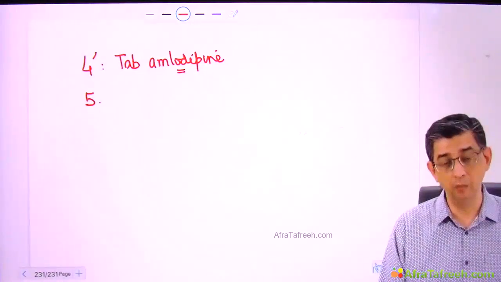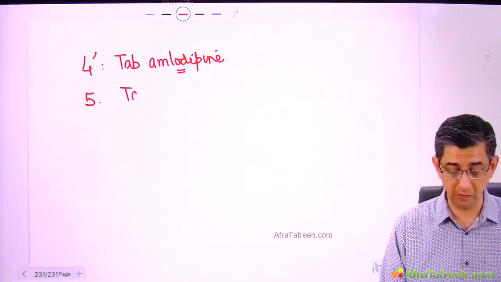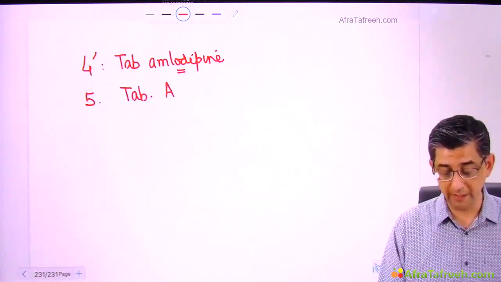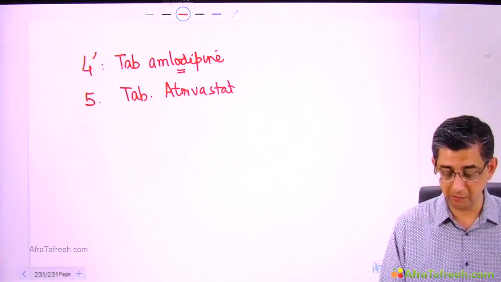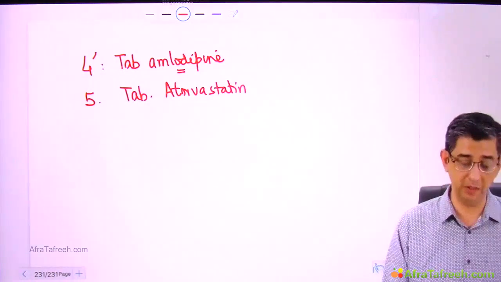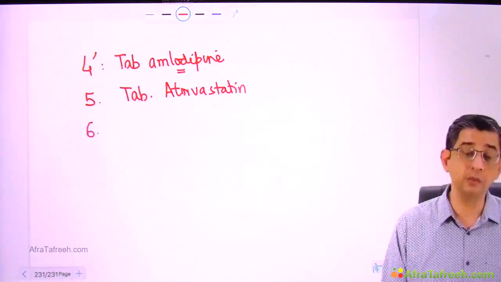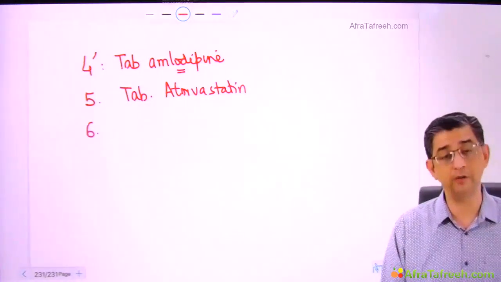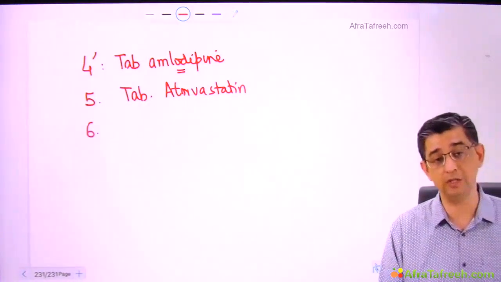I mean, we will be more comfortable with beta blockers, and then we will also advise statins in our patient. I will be advising a high intensity statin, that is either atorvastatin or rosuvastatin. That would be 40 milligram or 80 milligram in the person. And the advantage of these statins would be that they'll help in reducing the further incidence or development of coronary artery disease or future episodes of myocardial infarction.